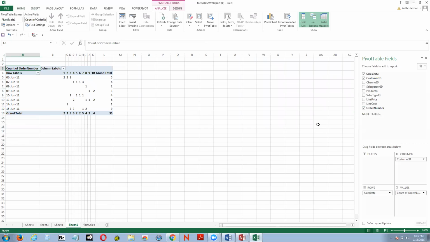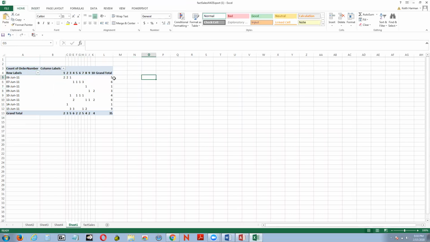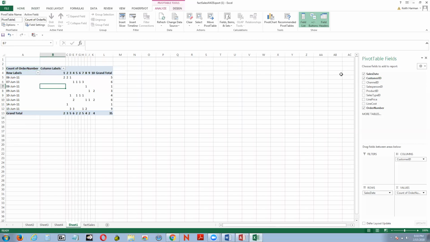Now, you say, all right, this looks a little bit like maybe a correlation, a table with a correlation in it between two sets of data, a scattergram, and it's very close. Also, the nice thing is it will give me a grand total by row and then an aggregate total. When I click back inside here, the fields area pops in. Now, I've got the sales date, I've got the orders, the count of the order numbers,